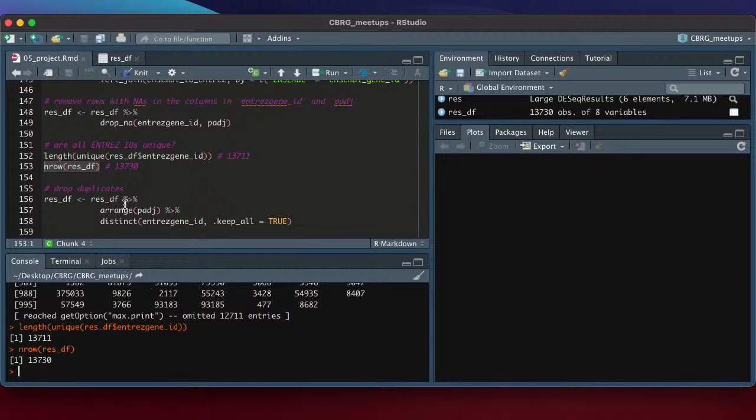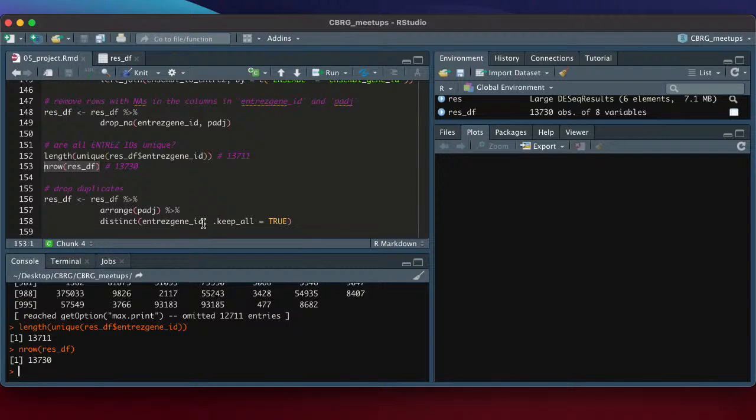So to do that, I took my ResDF data frame. You can arrange it by p-adjusted, so it'll be in ascending order of your adjusted p-values, so most significant to least significant. And then there's this other really nice function from the tidyverse called distinct. And distinct will go through your data frame. In this case, I give it the entree gene ID column as an input.